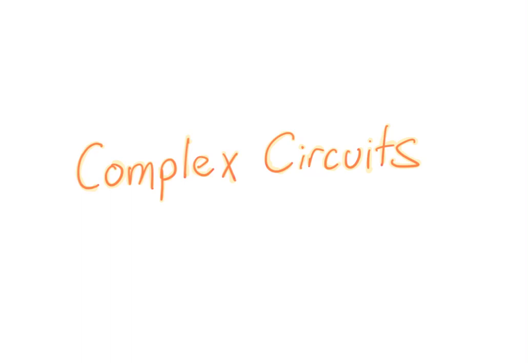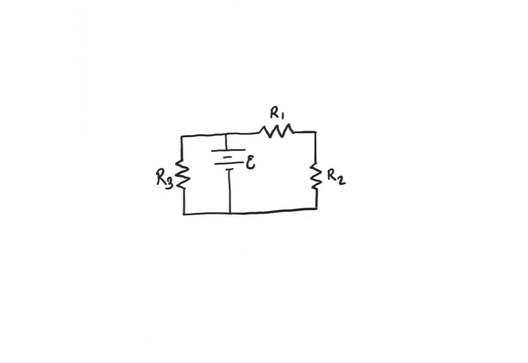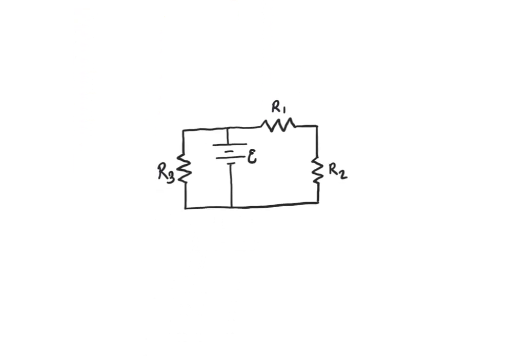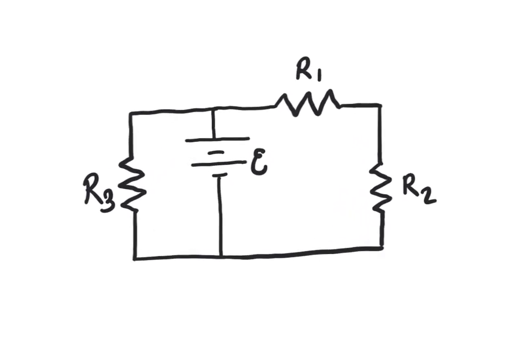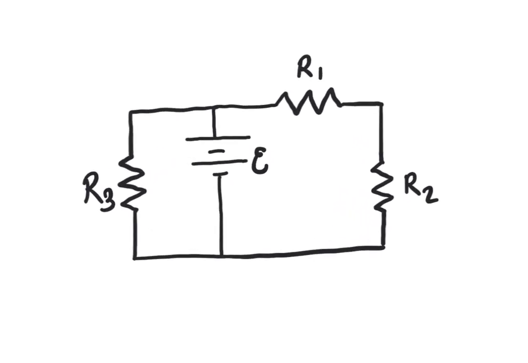Today we're going to discuss what we call complex circuits, or sometimes combination circuits. A complex circuit is one that is neither a series circuit nor a parallel circuit, but instead some combination of the two. As you can see in the circuit that I've drawn here, resistors R1 and R2 are in series